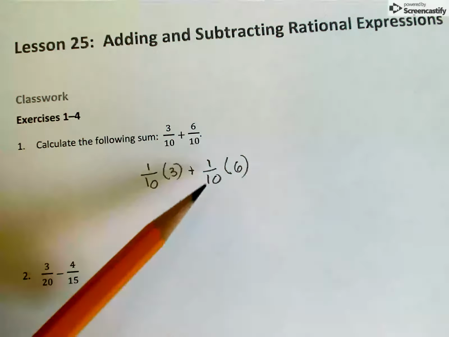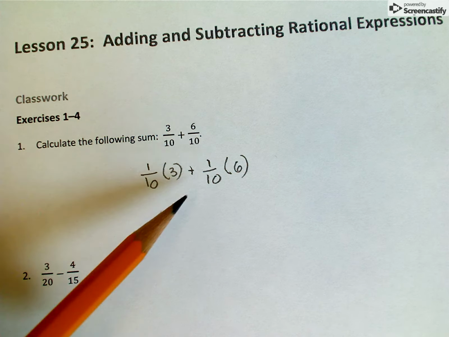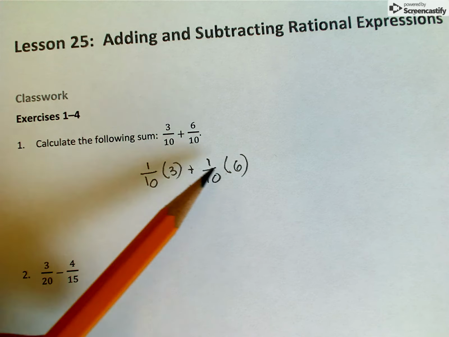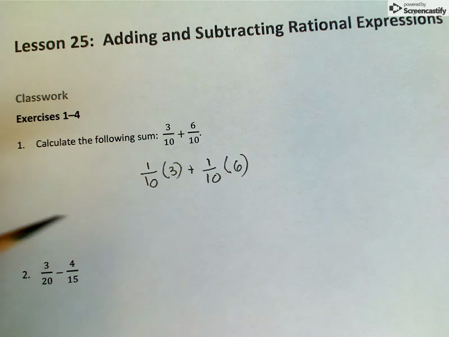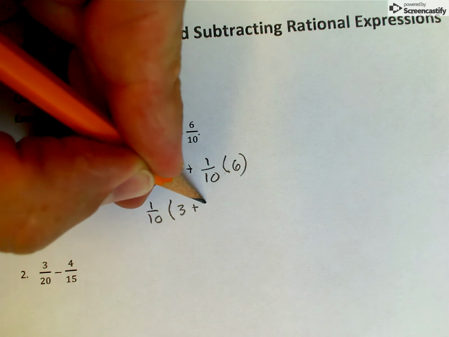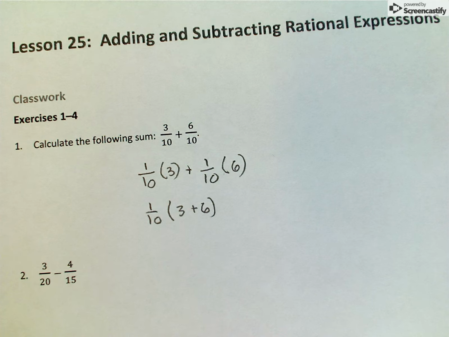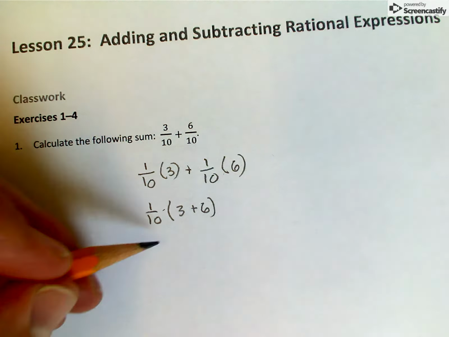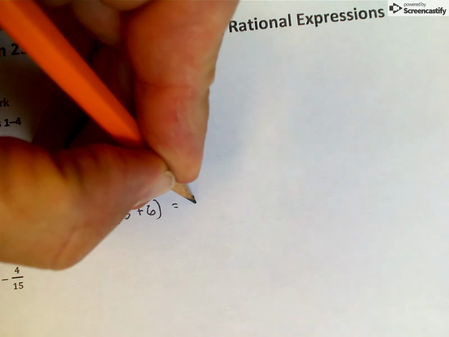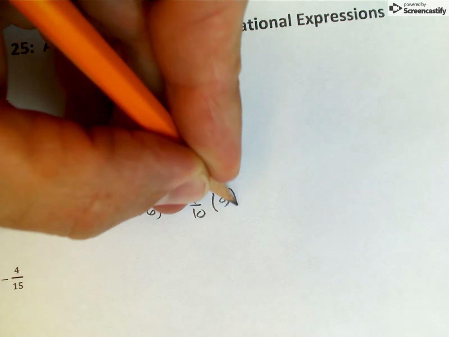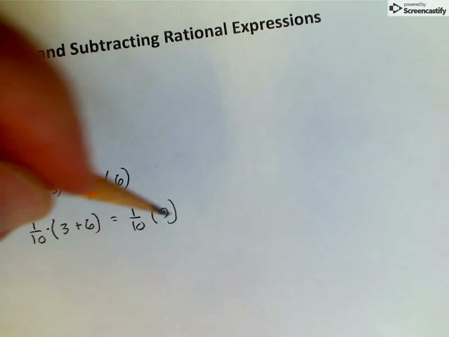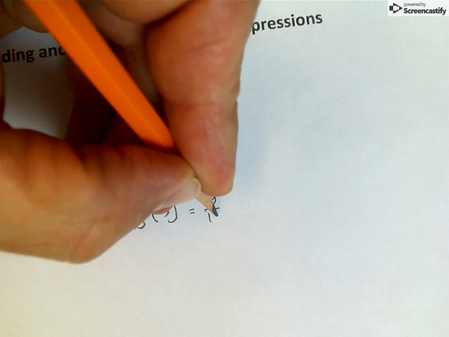And now you can see that because we have a common denominator in these fractions, I have a common factor in these two expressions, and I can factor it out. So this becomes 1/10 times 3 plus 6. And that's a product right there. And so now you can do this addition inside the parentheses. This becomes 1/10 times 9, which is basically taking 1/10 of 9, the same thing as taking 9 and